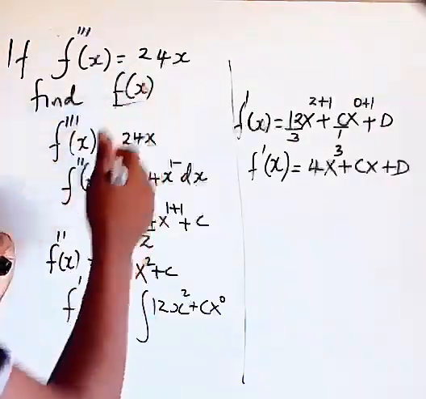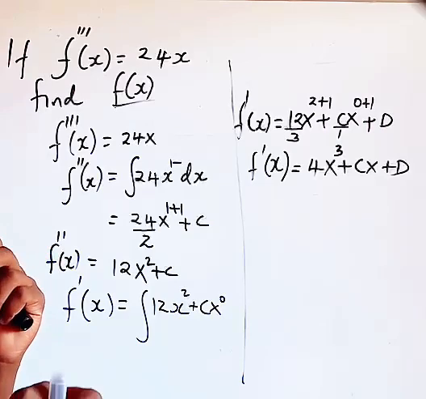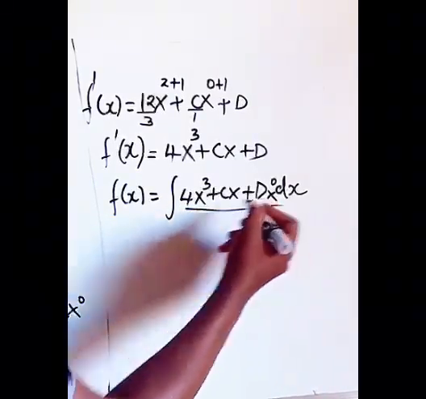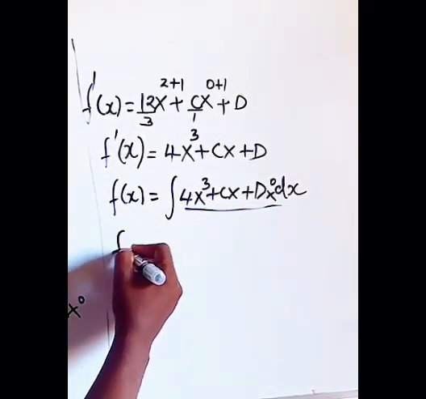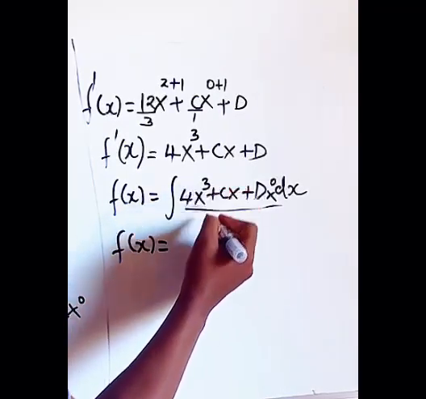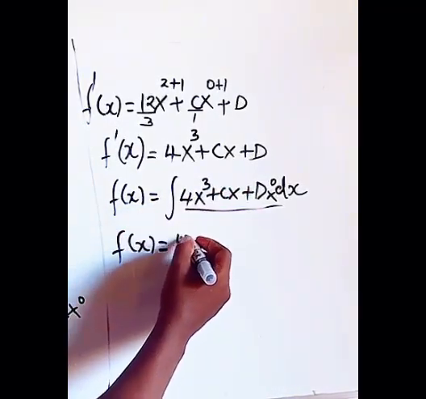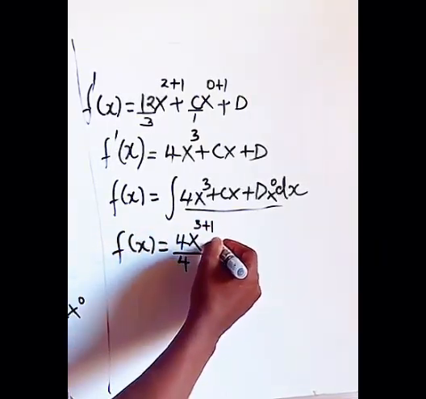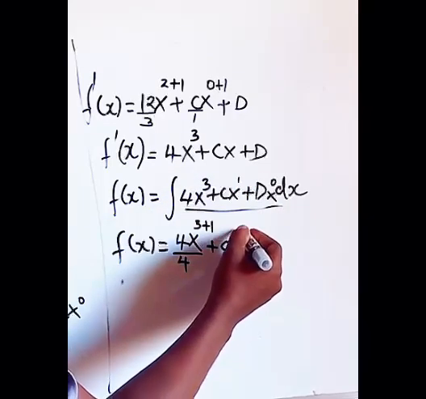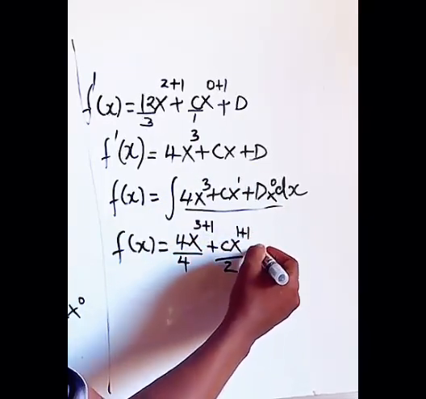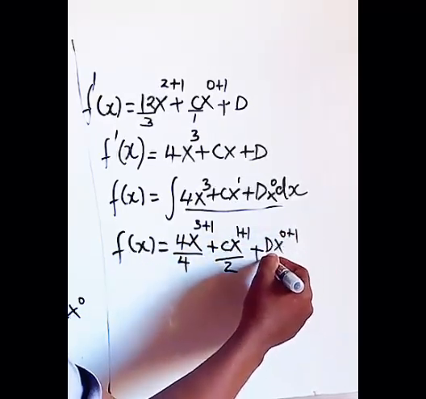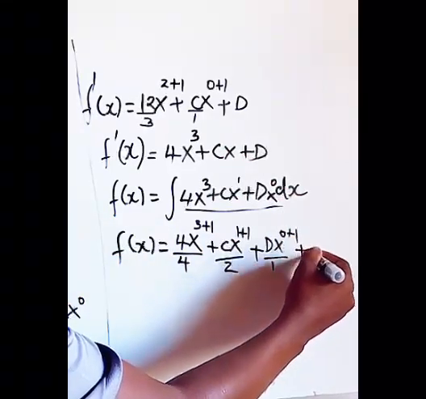Now to get f of x, which is our original function, we need to integrate the first derivative again using the same process that you have done. What you're going to do again is now to integrate this. We shall have f of x is the same as increase the power of x cubed, so it becomes 3 plus 1 and then divided by the overall power, and then plus cx, here it's 1, add 1, divide by the overall power, and then here we have d, the power is 0, add 1, and then divide by the overall power, and then we add another constant